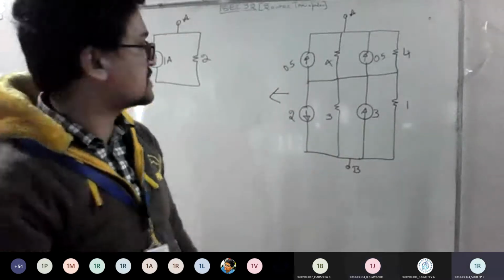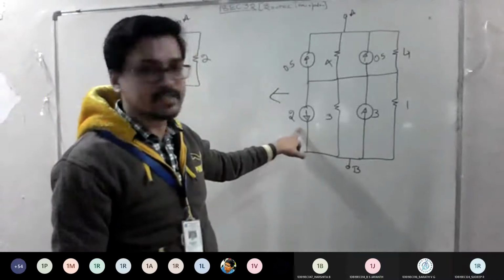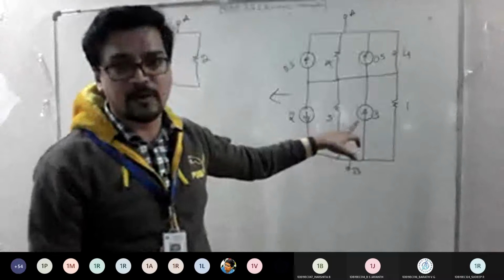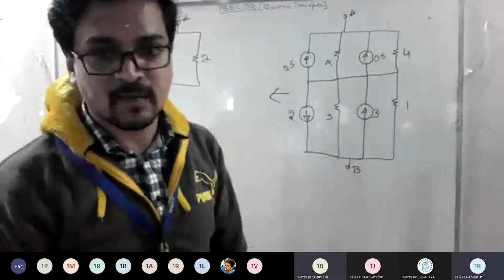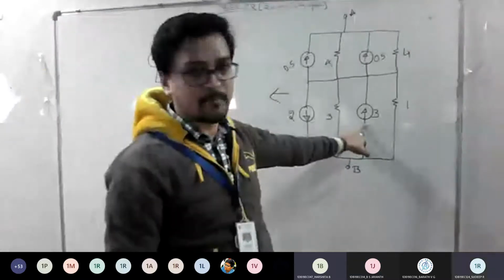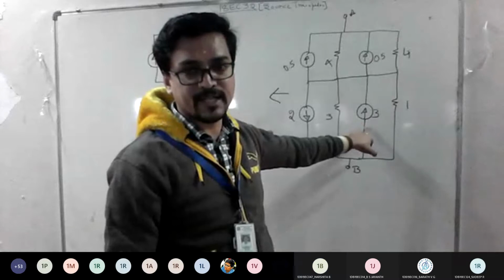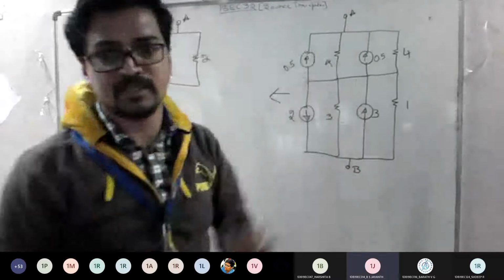Yes, sir. So now similarly downwards also. Downwards, see 2 is downwards and 3 is upward. So what is the answer now? 3 minus 2, 1, sir. What about the ampere direction? Facing upwards. Upward direction should be given because the highest is 3. So subtract that with the other because both are in opposite directions.